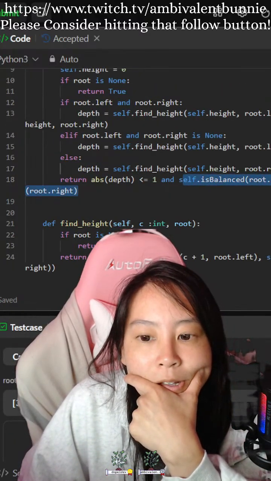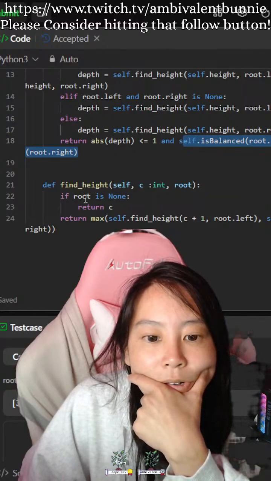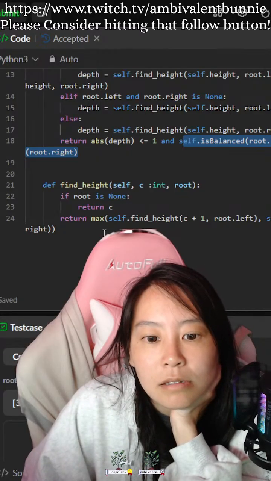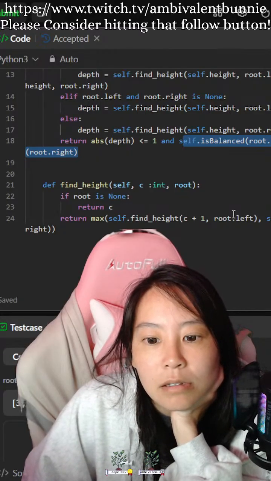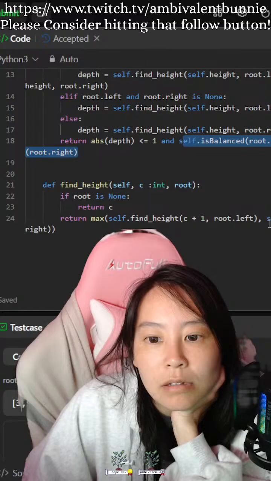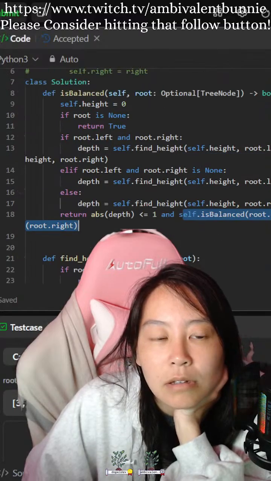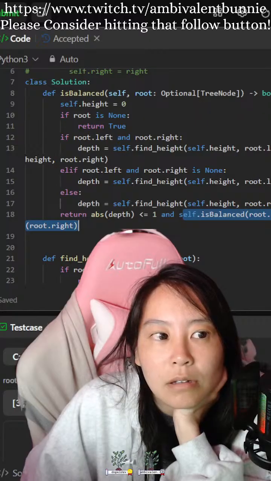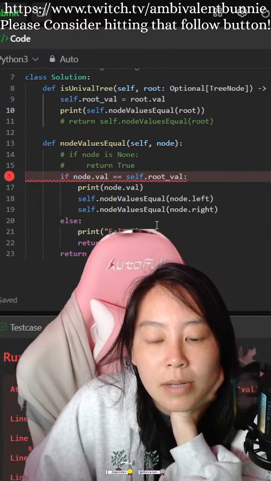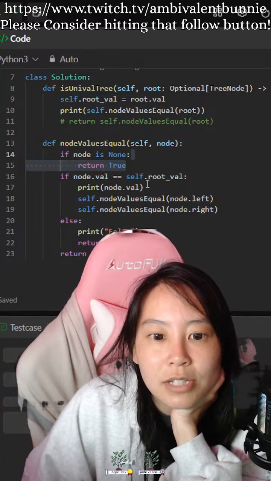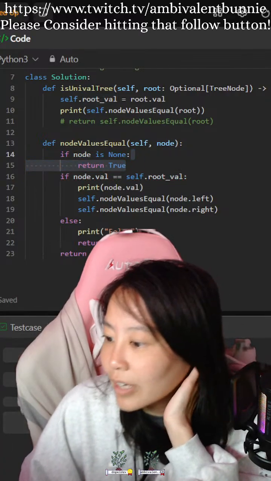Self.isBalanced(root.left). So if root is 9, return. NoneType has no val. Yeah, so there we go. I do need that.